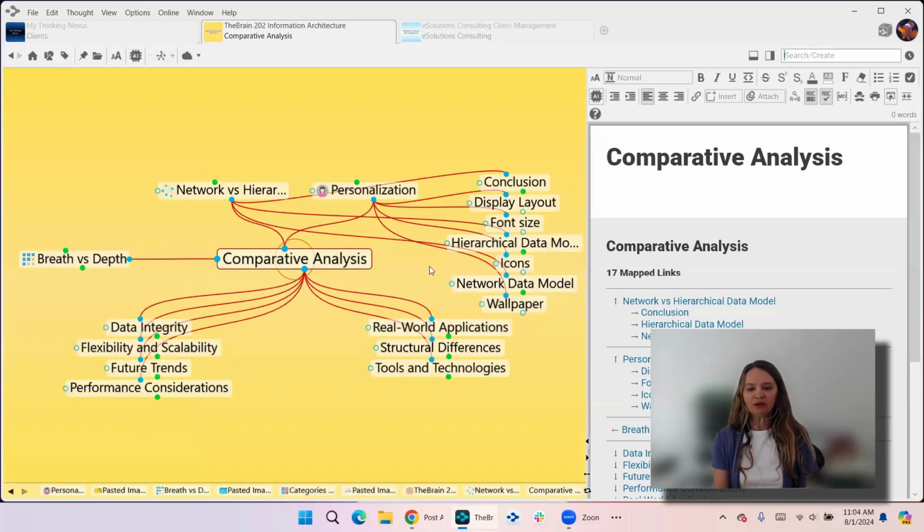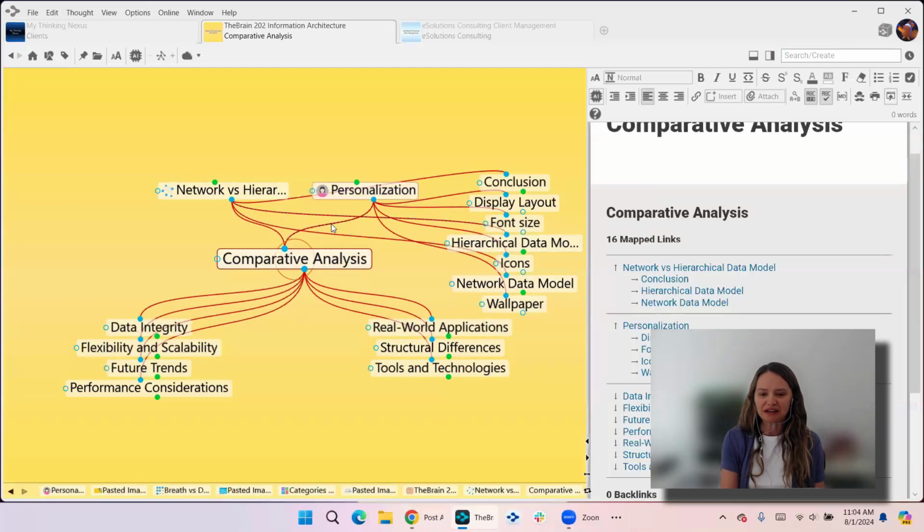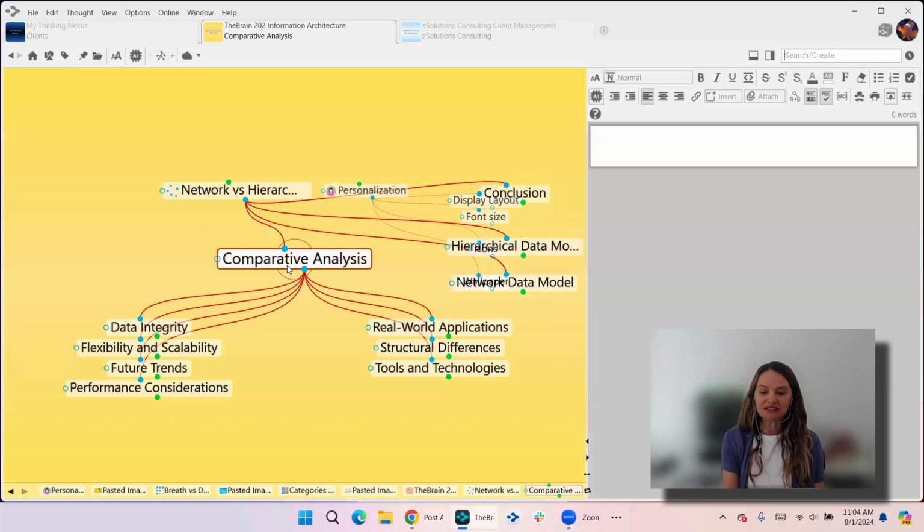So in terms of what that means is you can think of a hierarchy as something similar to a file folder system, where you're drilling down deeper into a subcategory set. And a lot of people love the brain for its associative connections, and that's what we're known for. You also do need to create some level of subcategorization and hierarchy in your brain. So this particular brain, and I'm actually just going to unlink a few things here since we're in the 202 and we're talking about editing. I'm going to undo what I just did here because I just put those in for conversational purposes,